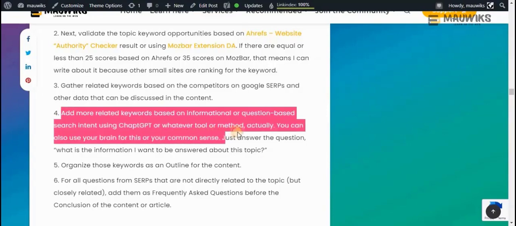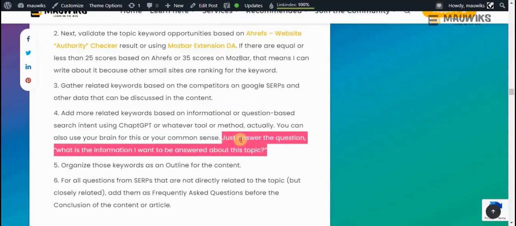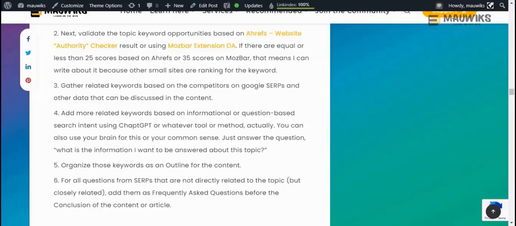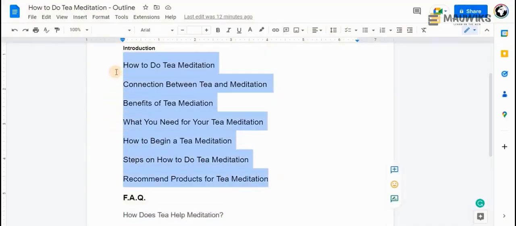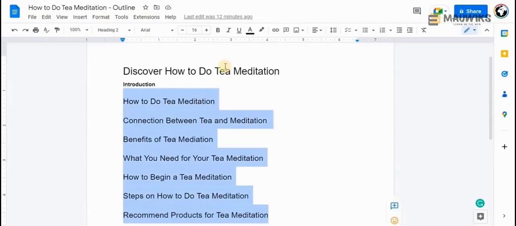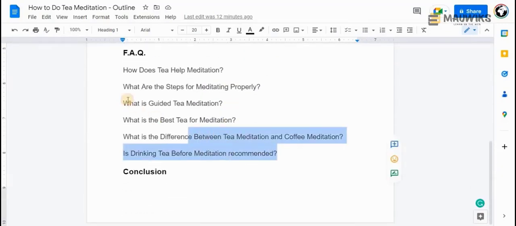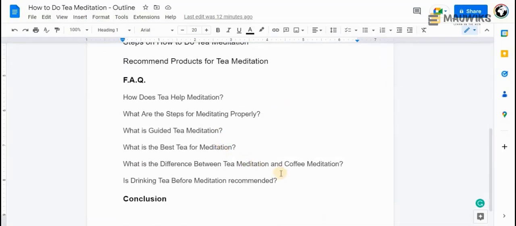So let's say we already have the information or the outline that we want for our article, right? Before I forget, if you're confused about how you can add additional information or subheadings for your outline, you can just ask yourself, what is the information I want to be answered about this topic? You can just write it down and then organize it within your content, either within the body or the FAQ. As mentioned, what you add in the body is direct information that will answer the topic, and any related topic that will not answer your main keyword or main topic you will add within the